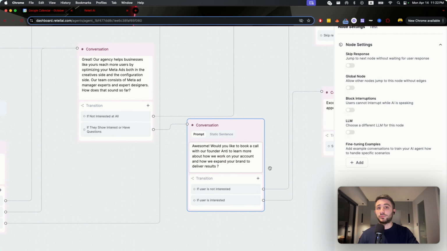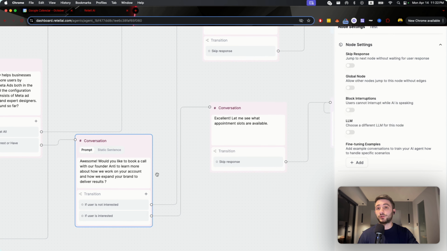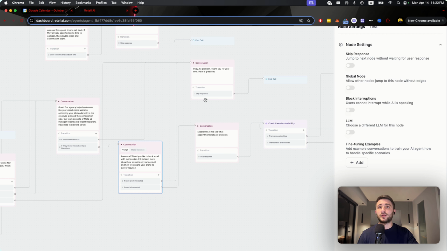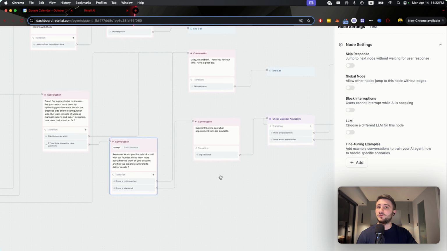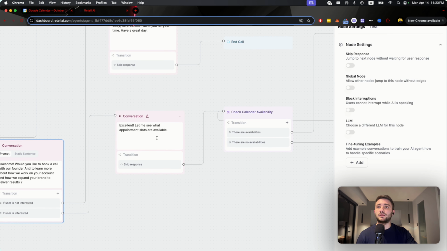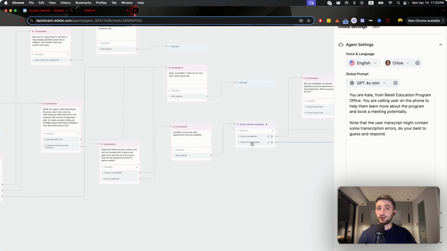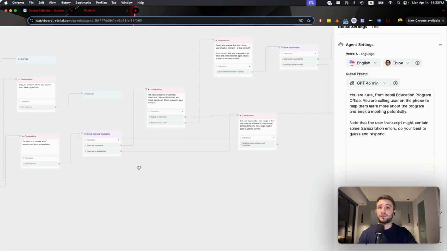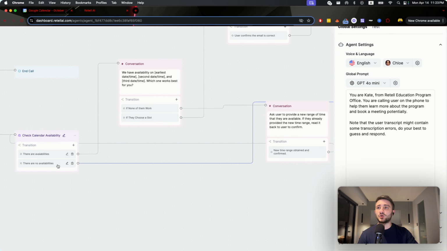And again, they might or not be interested. And if they are not interested, again we direct it to the end call functionality. But if they are, we say something like, let me see what appointment slots are available, and after that we're checking for availability here, and here there is a loop. So when we check for availability, we might have available times or not. In 99% of the cases we will have availabilities, and the flow will go to